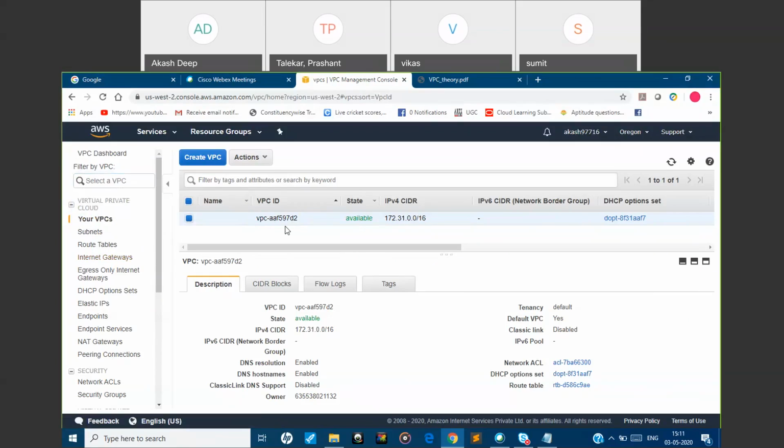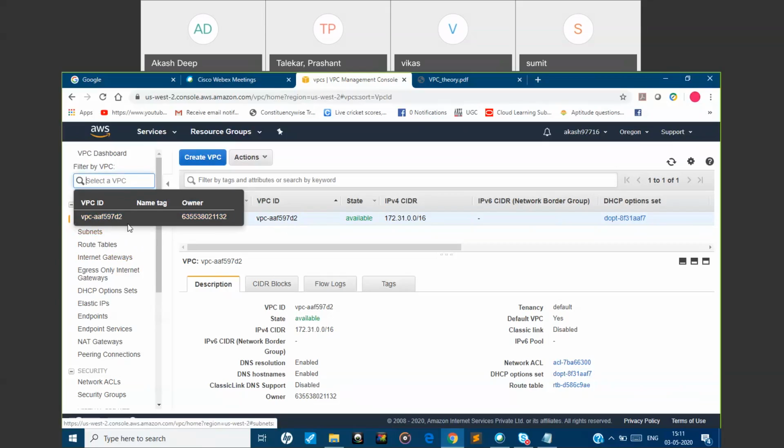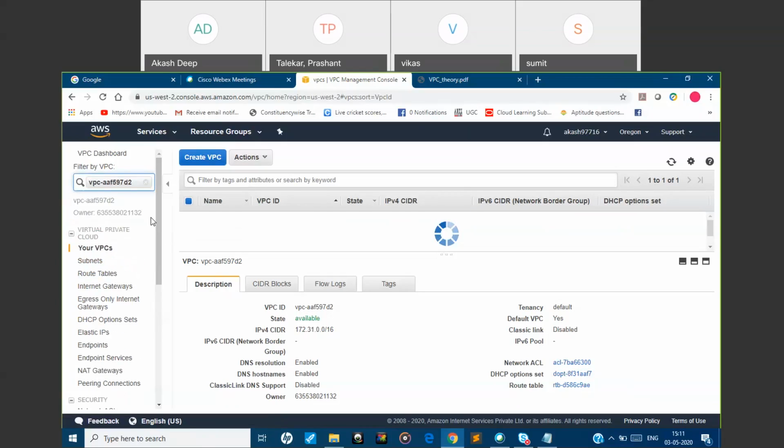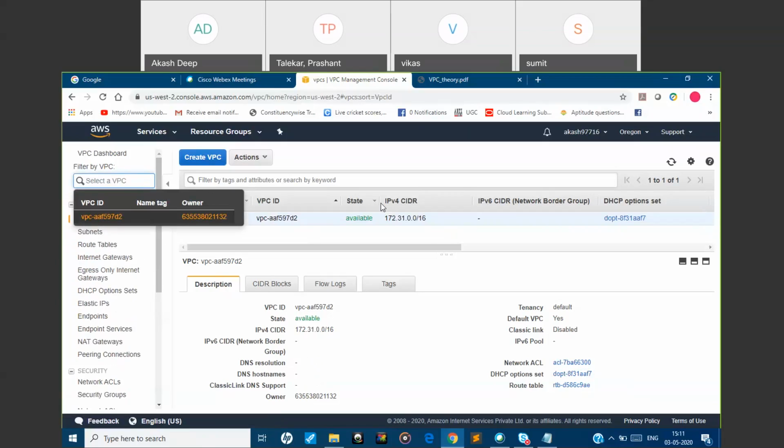As of now, we have only one VPC, right? So if we launch one more VPC, we will be able to see two VPCs here, and it will contain the complete list of your VPCs. Suppose I want to visit the configurations associated with only this VPC, in that case it will show me the configurations for this VPC only. I will show you that after launching the second VPC.